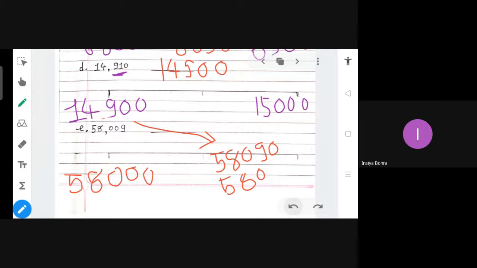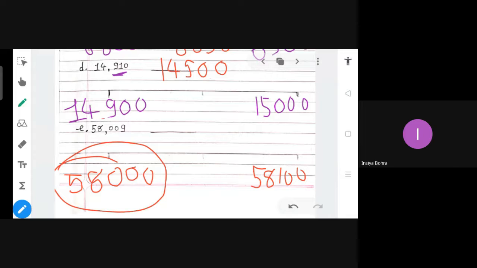When you think about the after number like this, or maybe you can make a list, you will get 58,100. I told you that when you get this number, then just add 100. So Misa, what will you get? 58,000 plus 100. What will you get?